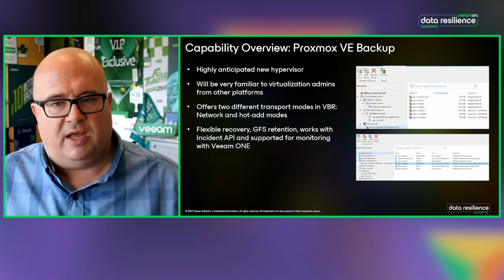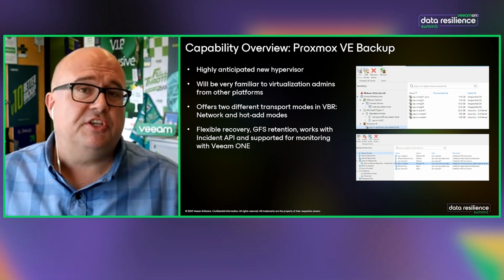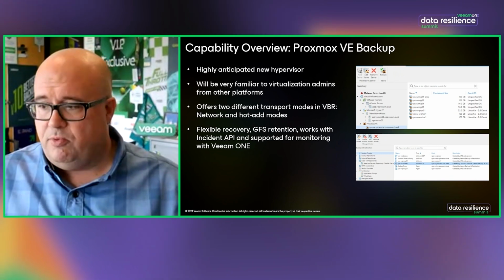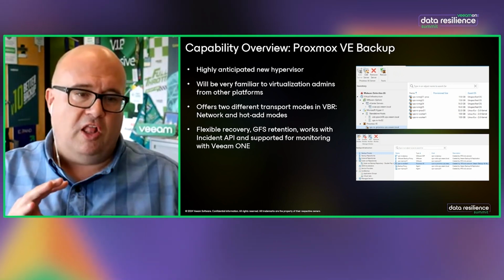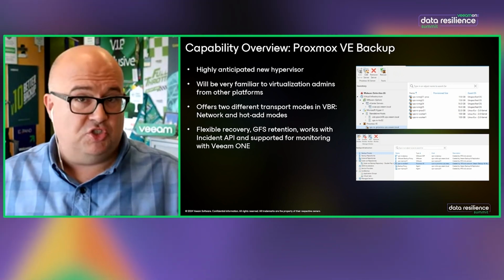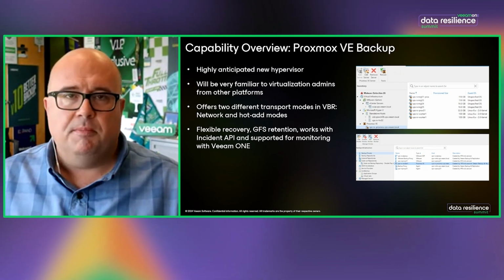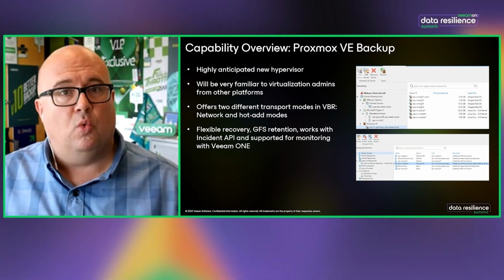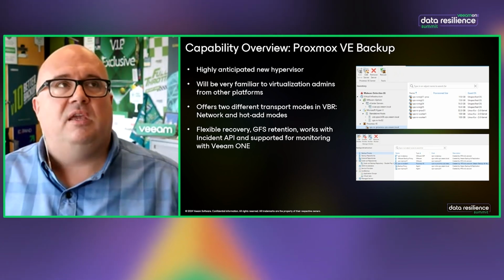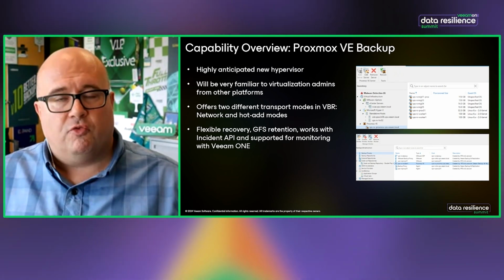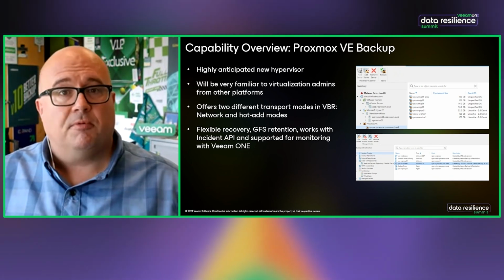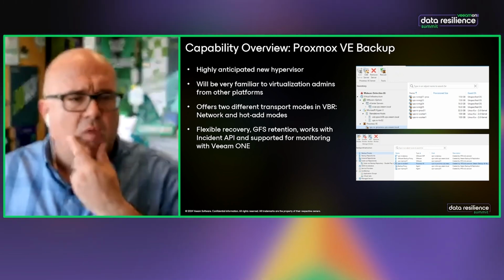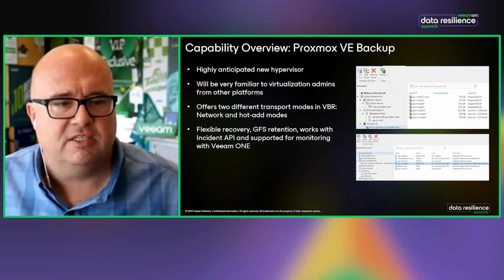So a couple of points I want to highlight. This one is actually unique in that in its first release, it brought in two different transport modes. Okay, so we're going to call it network mode and hot add, and that should also sound really familiar, but there's some design that goes with that. So the hot add mode will work when the individual virtual machine or machines that you're backing up are on the same host as the worker. And you might say, what's a worker?